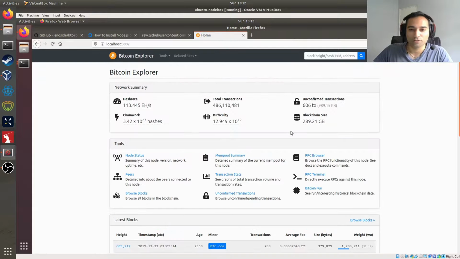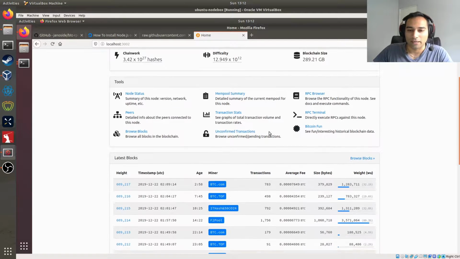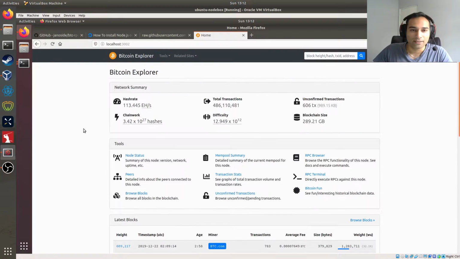So that's what a block explorer can enable you to do. So have fun with that. And yeah, that's basically